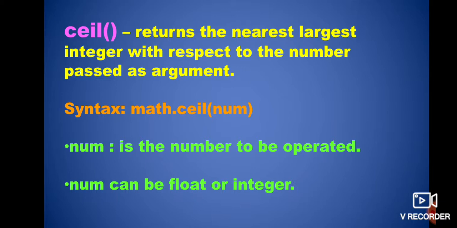But this is not the case with ceil and floor. What do these two functions do? यहाँ पे क्या होगा कि डेसिमल के बाद क्या डिजिट है इससे कोई फर्क नहीं पड़ता. The ceil function will always convert the floating point number into the nearest largest integer. Means if the value is 3.6, you know that 3.6 lies between 3 and 4 on the number line. So out of 3 and 4, which one is the largest? 4. So it will simply get converted into 4.